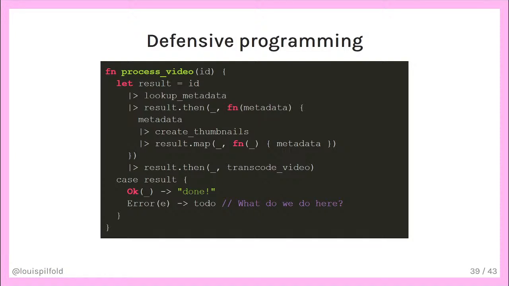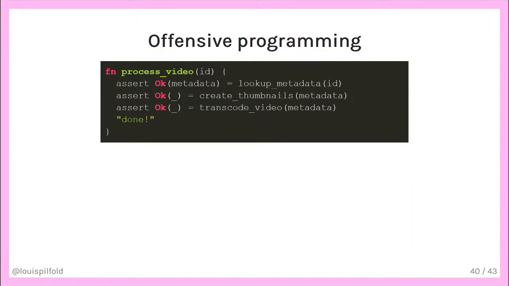And at this point, I'm really hoping that you're leaping forward to say that there is a better way, there is a better approach than this defensive programming. And that better approach is offensive programming. Here is where we take advantage of Erlang. If your business logic says that something should never fail and that you have no way of reasonably handling the failure, don't check for the error. Instead, make the assertion saying, in order to continue, no error must have happened. And if there was an error, we crash the process as there's no sensible way to continue at the process level.